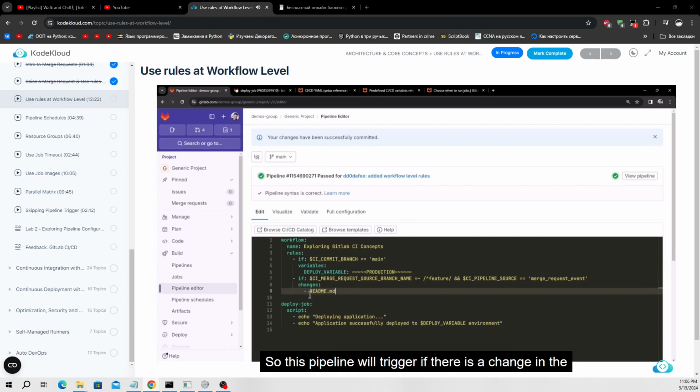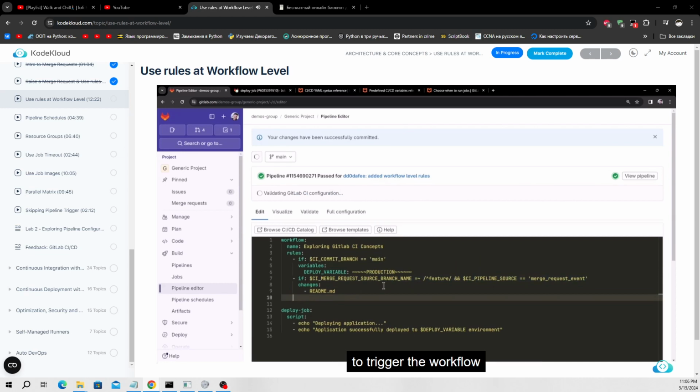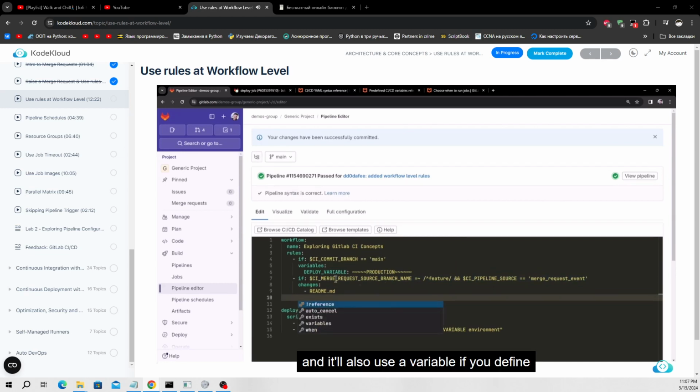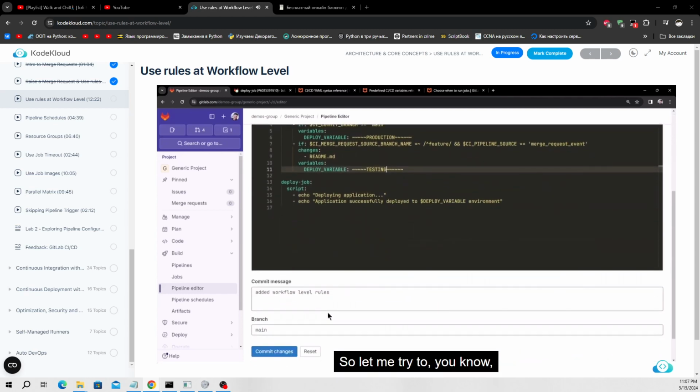So this pipeline will trigger if there is a change in the README file, and if it is done on a feature branch which starts with the name feature, and if it is a merge request event. And if all the conditions match, it's going to trigger the workflow, and it will also use a variable. If you define a variable, deploy variable, I'm just going to use testing for the time being over here. Okay, so I made these changes. So let me try to